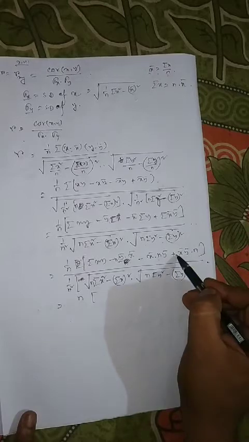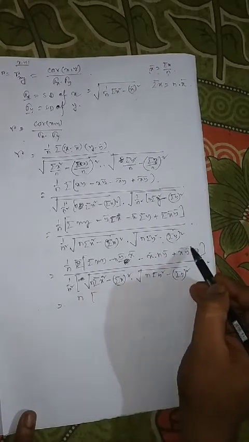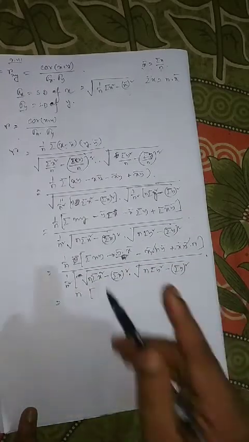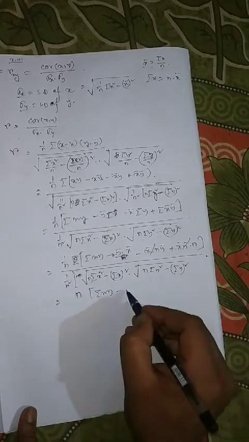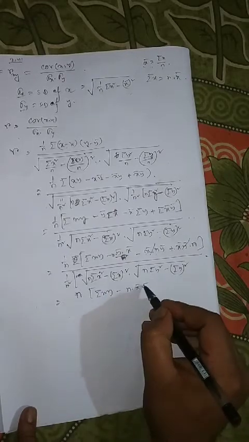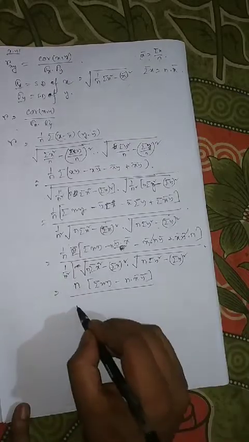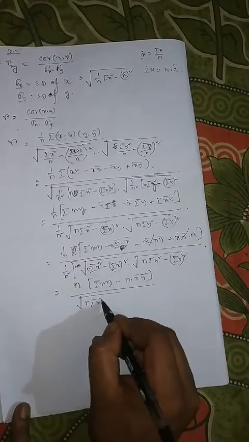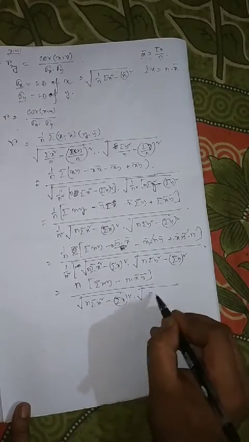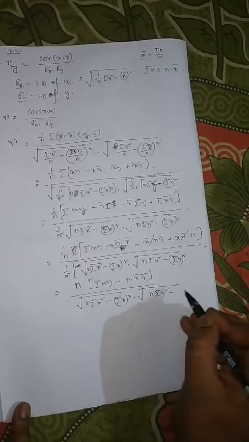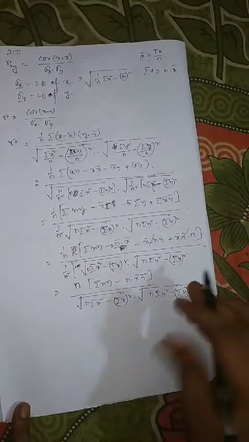Now n summation n into x bar y bar and n into x bar y bar, n will be taken out, so we will get n into summation xy minus n into x bar y bar, divided by root under n into summation x square minus summation x whole square, root under n into summation y square minus summation y whole square. Okay,